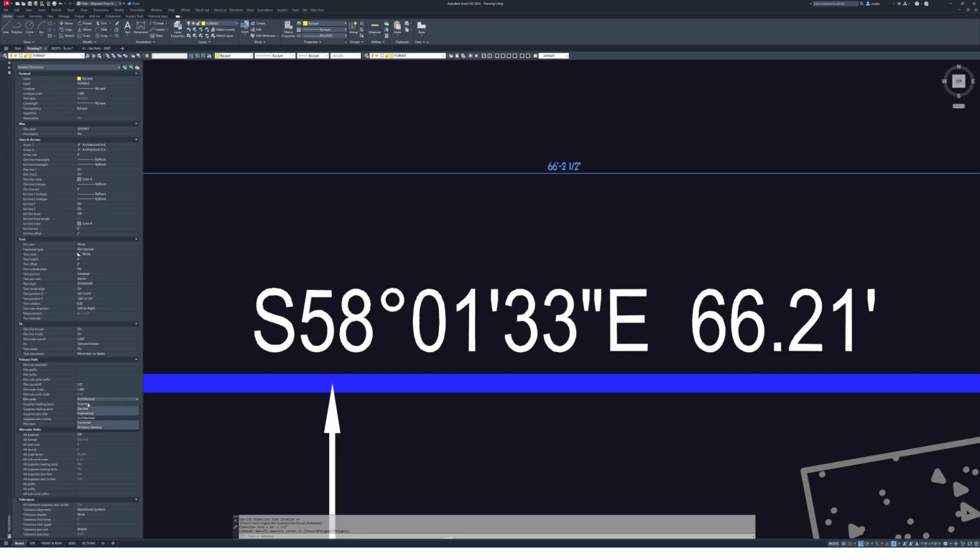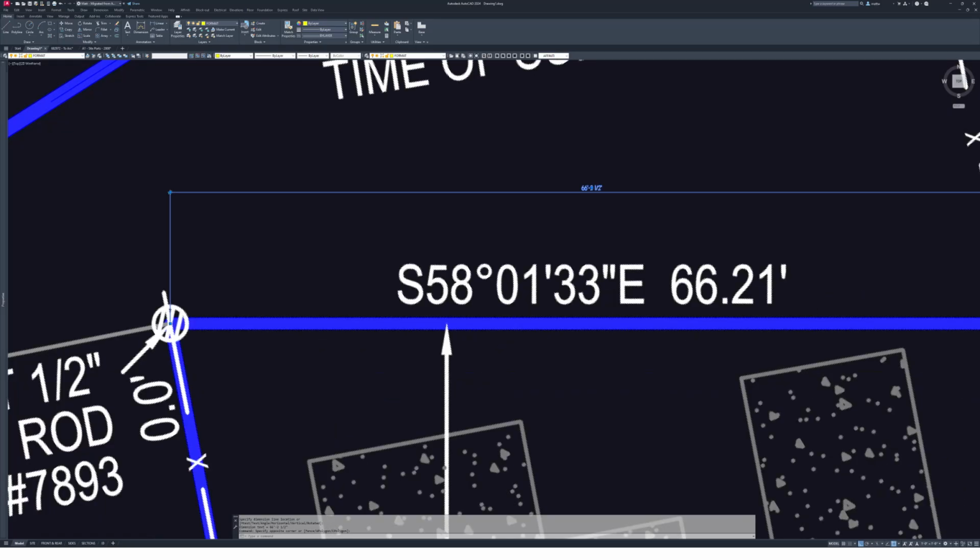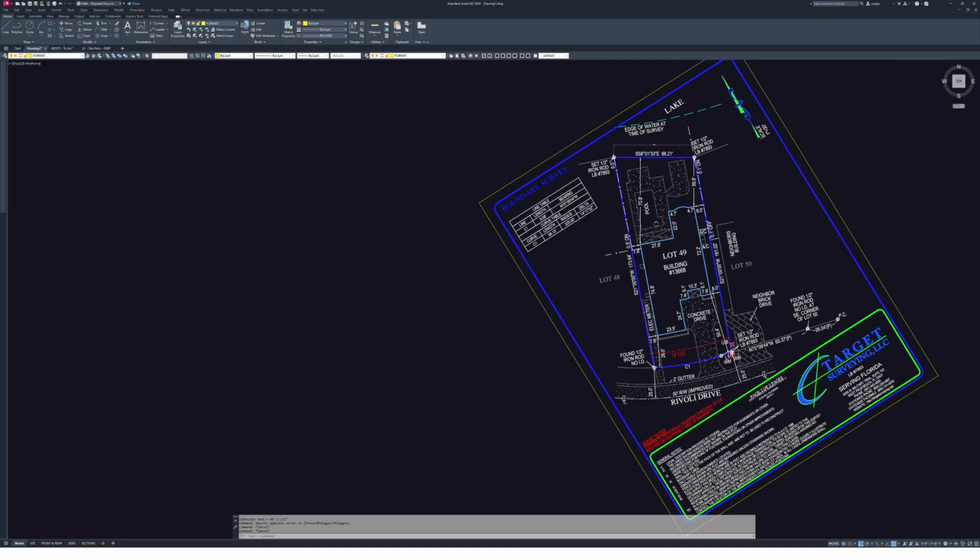Actually, not decimal. Which one do we want? Engineering, because decimal is giving me inches. Close enough, I'm not worried about it. Either way, that's what it is, but we can also check